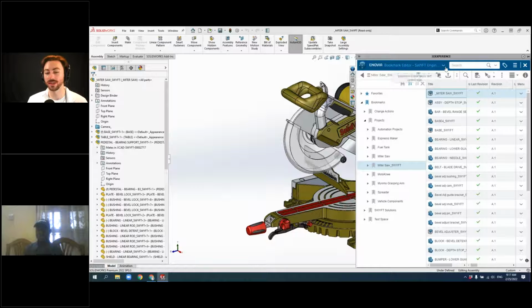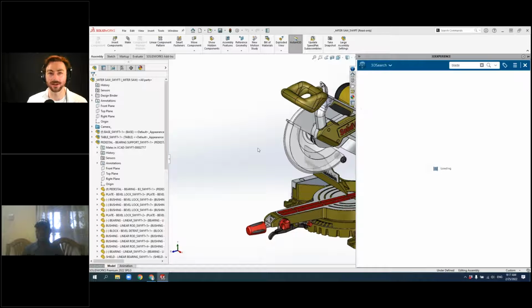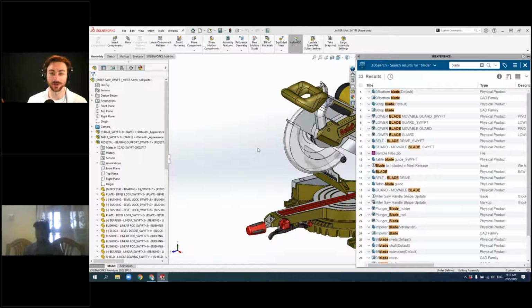Or if we don't know where that blade is, we have search capabilities built right into this add-in pane here. We can just go ahead and search for a component. And this will search the entire database, so it's not searching an individual folder. If you're working with a Windows File Explorer and you've tried to search an entire structure, it can take an extremely long time to find what you're looking for, if it even finds it. Here we get a wide range of results.